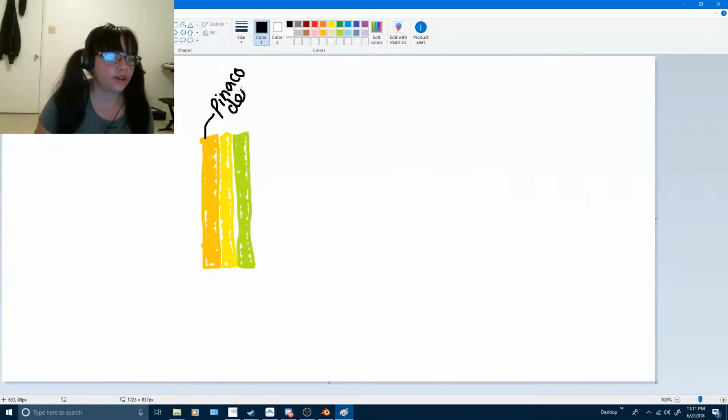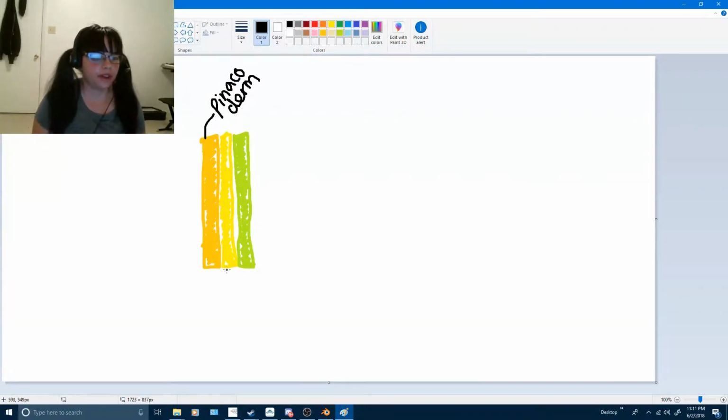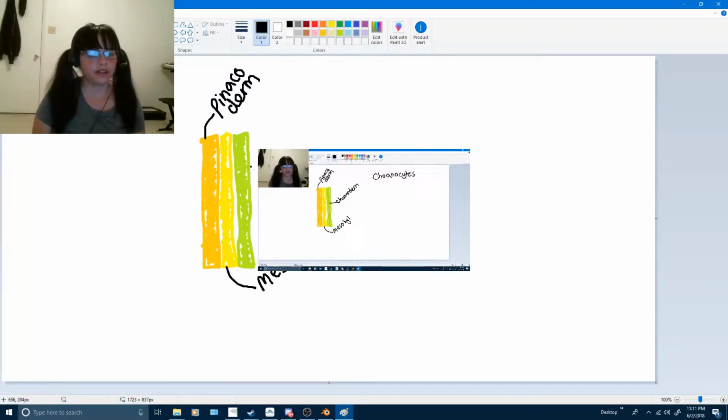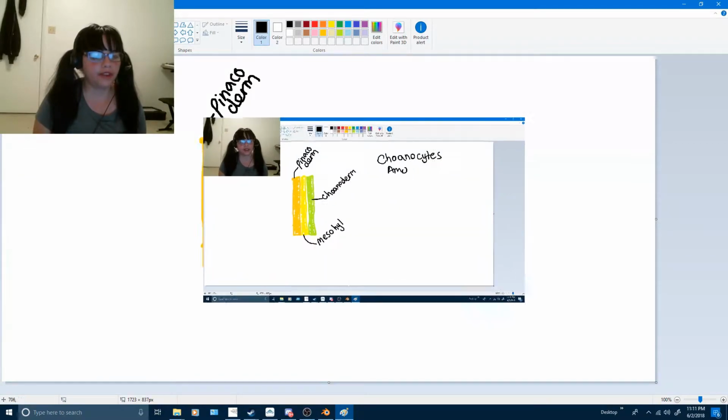Derm, and it's one word. This right here, my friends, is called the yellow part. Is called the mesohyl, and it's one word. And we'll talk also about